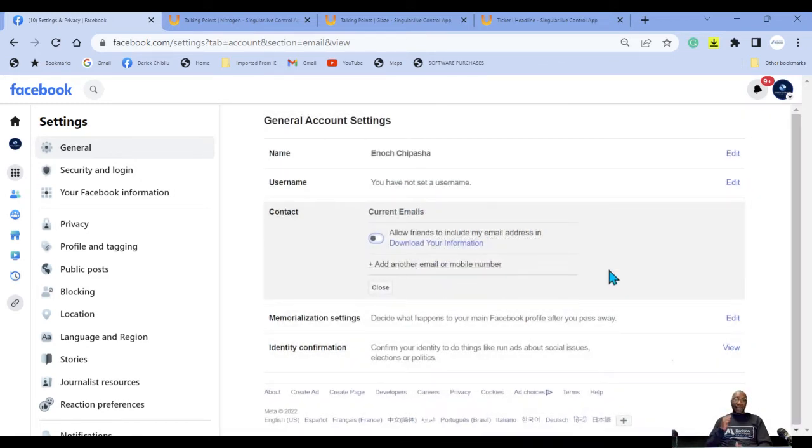You have to come here. I want to emphasize this. When you create your Facebook account and you change your phone number, come back here to your settings and update your phone number or your email. Because if you happen to forget your password or you change your device and you can't remember your password, when you go to forgot password, Facebook is going to send a code to either your email that is listed here or your phone number. And if you no longer have that phone number or you've changed the phone number, then you're not going to receive the code. What ends up happening is you go and create another. So you end up with several Facebook profiles.